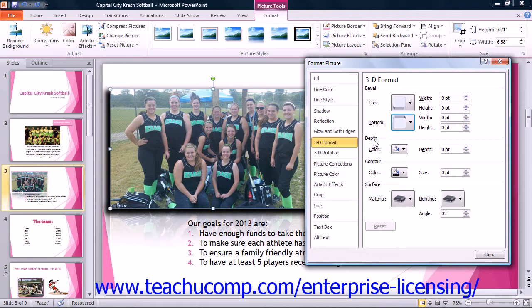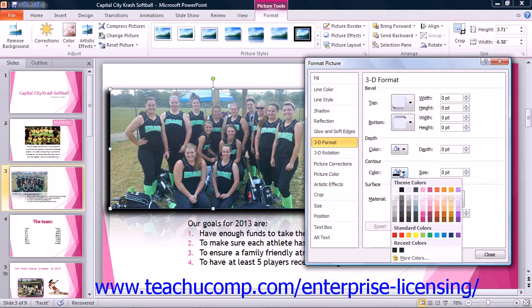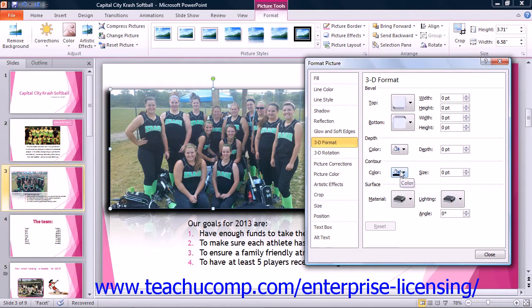In the Depth section, you can use the Color drop-down to select a coloring for your beveling depth. You can also set the amount of coloring applied to the beveling by using the Depth spinner box. Likewise, in the Contour section, you can use the Color drop-down to select a color for the contour of the bevel. You can then set the size of the contour by entering the size into the Size spinner